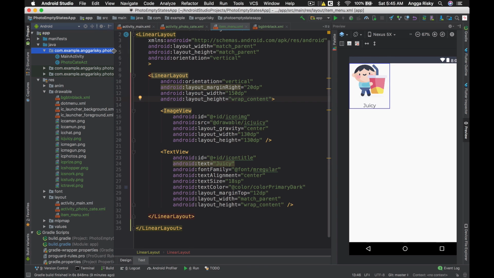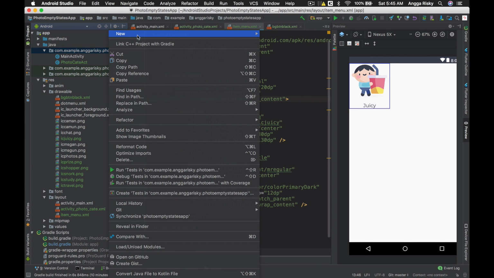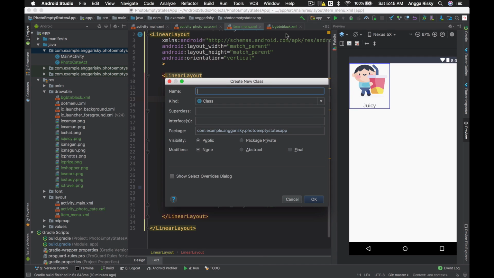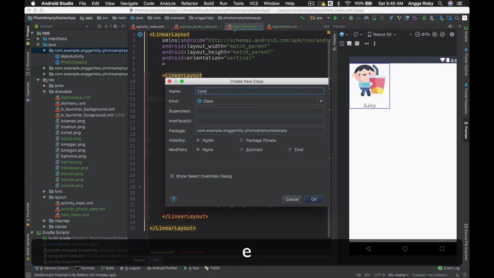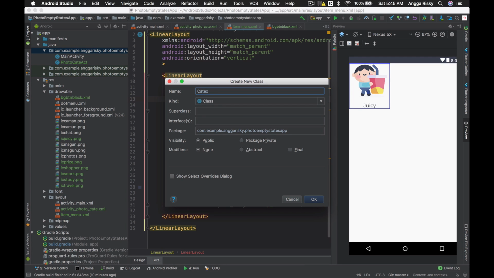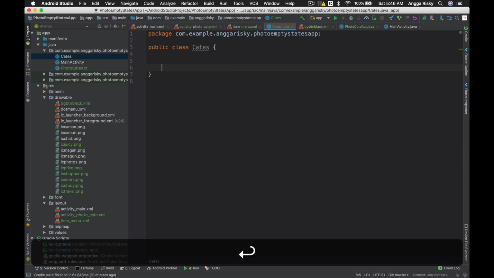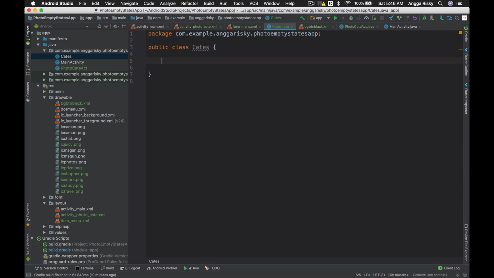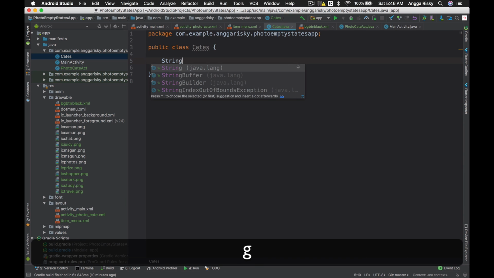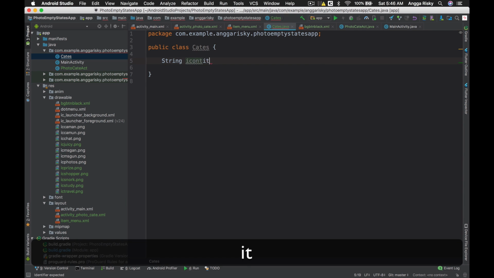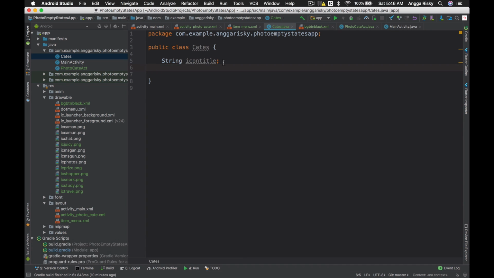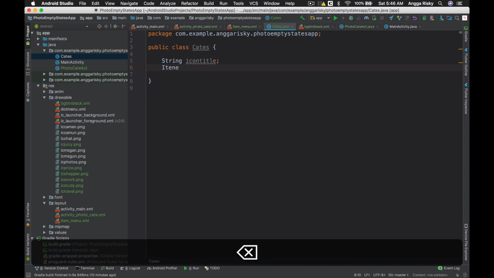So in the Java over here, we're going to create another Java class that we call Catus. Okay, Catus is like category, but we could just use Catus. Okay, this is for the categories. Okay, and then here we have to provide the string, which is icon title, and then we need an integer, icon images.